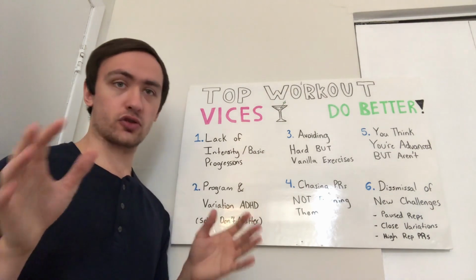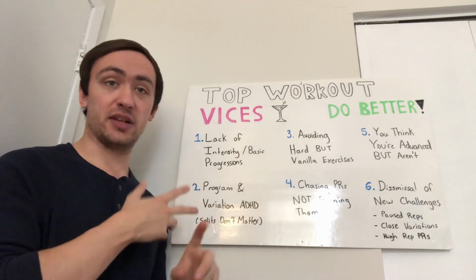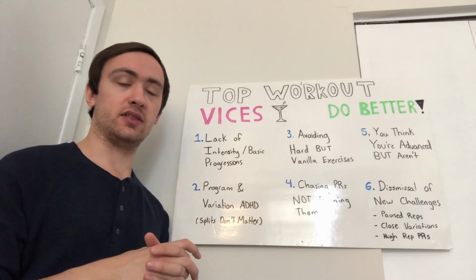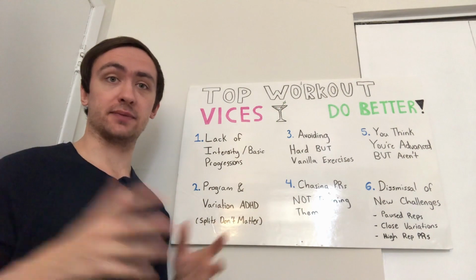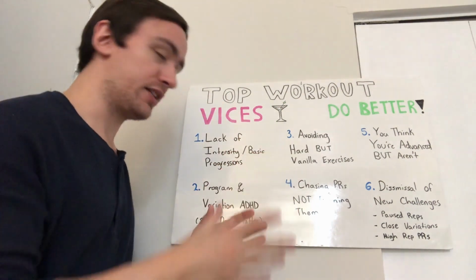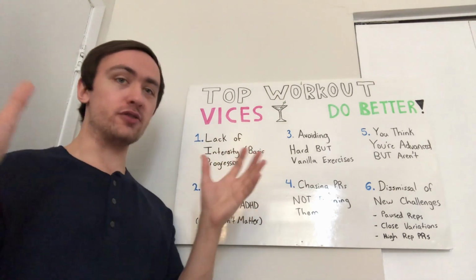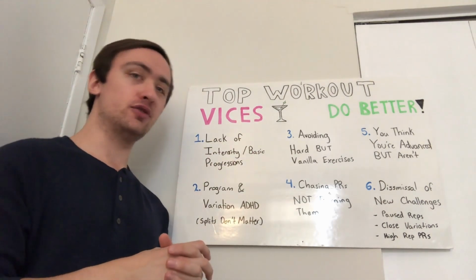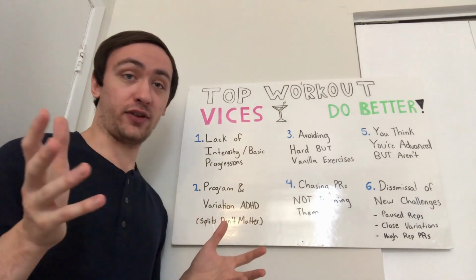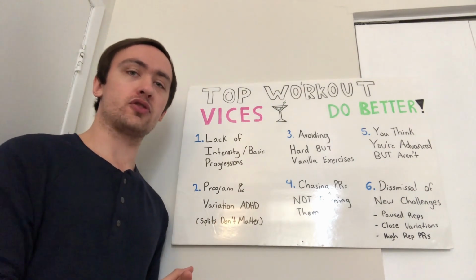Yes, these are true concepts, but it gives the beginner lifter and the intermediate lifter a lot to think about, sometimes too much. And new things are exciting, new variations, new programs. People put cool thumbnails for their program and cool names. You're like, oh, I want to try the Spartan program. Whoa, that's cool. I want to try the Gladiator program. And that's all fine and well, guys, but you need to stick to a program in order to reap what